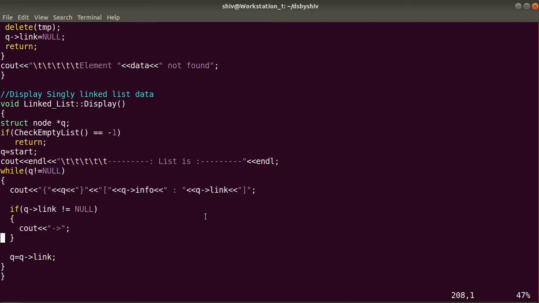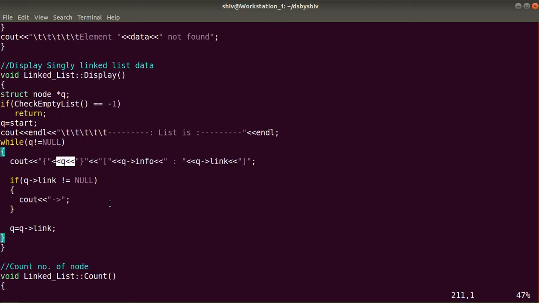So here we are printing three parts. Q means the address of the node, q info means the data which is contained by the node, and q link means the node which is denoting the next node address. So here the next node address will come, the data contained by the node, and the address of the node itself, for your understanding.